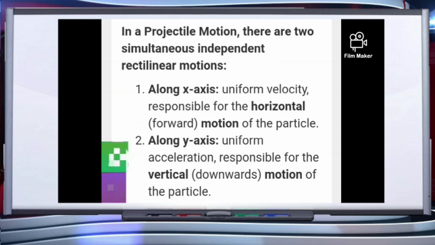Or you can say, when we throw any projectile, any object, it is going to travel under the effect of gravity alone. So its motion may be in two ways, maybe along the horizontal or maybe along the vertical. That depends upon the situation, how we are throwing the object. So see the diagram now.